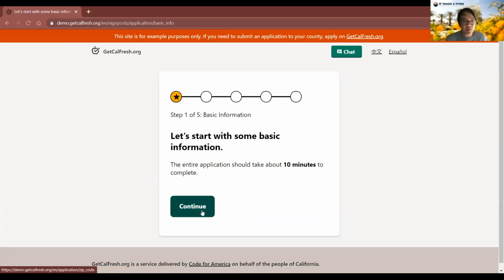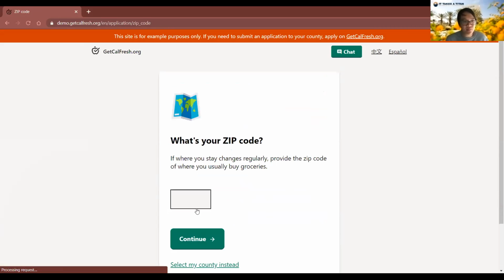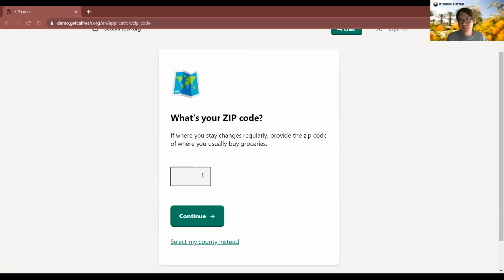So it just asks for some basic information. We'll continue. For this demonstration, we're going to do one student who is 21 years old. They do not live with their parents. They live in off-campus housing and work 2 jobs and are below the income limit and are also a Cal Grant A recipient and an EOP student. The reason that I say that is that this is an example. Of course, each person will